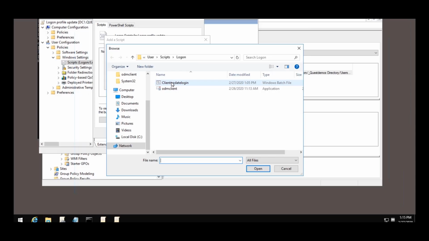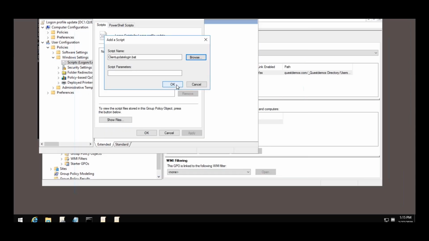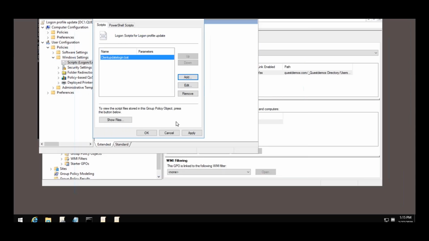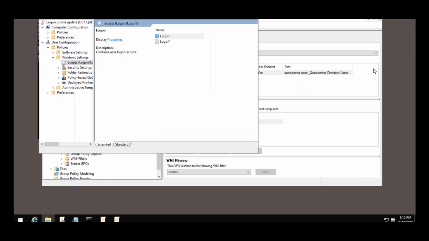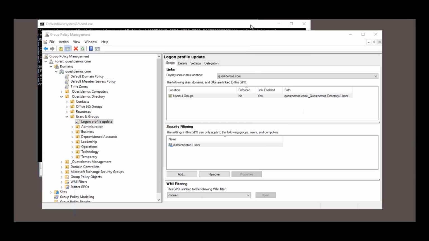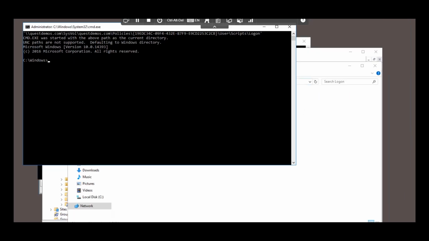Now replication has to complete between all the domain controllers associated with this domain for this policy to fully take effect. This can take a little time, depending on your domain's configuration. But within command prompt on the domain controller, you can perform a repadmin /syncall command. But this is at your own discretion. Not every environment is well equipped to handle this, and we're simply doing it because this is a lab environment